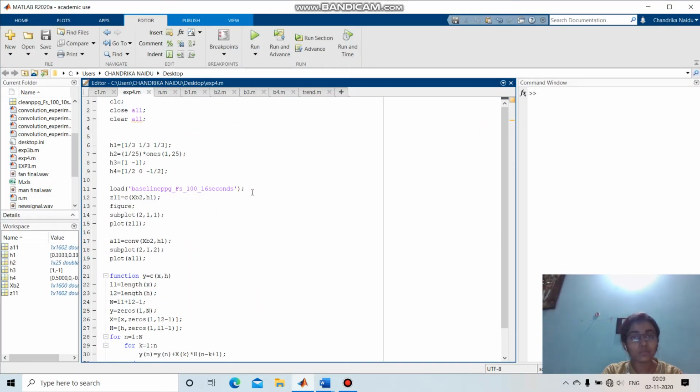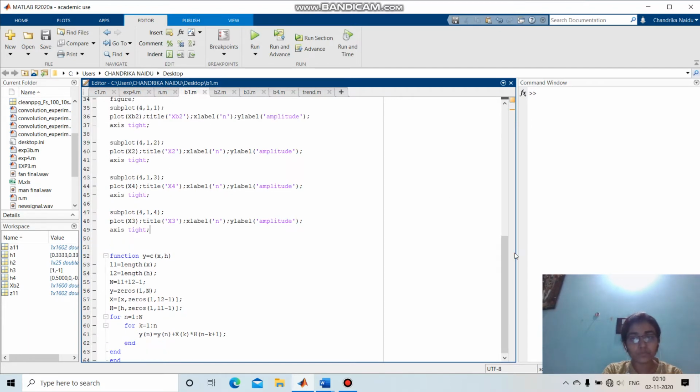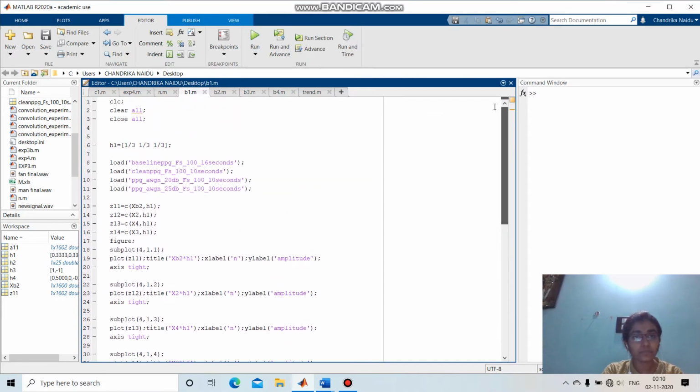And now we have to perform the convolution for all the 4 systems and for all these 4 signals. I mean, with the unit impulse responses of these 4 systems, we have to do convolution. So coming to the first signal, its impulse response is 1 by 3, 1 by 3, 1 by 3, and we loaded all the 4 signals here and we are performing the convolution. And now if we plot them,